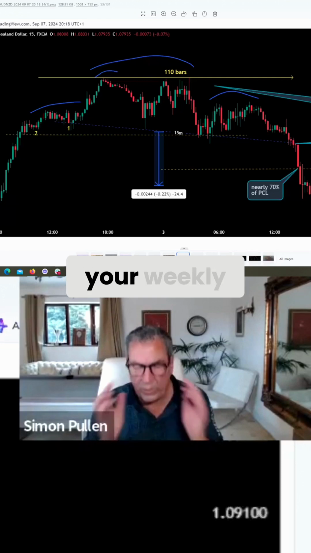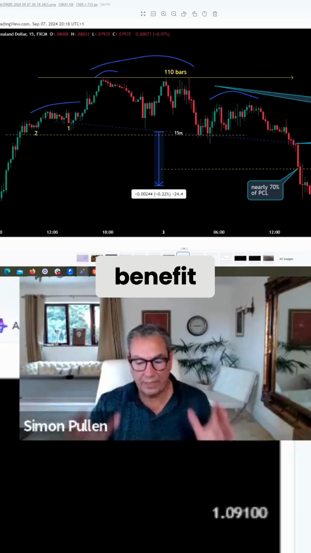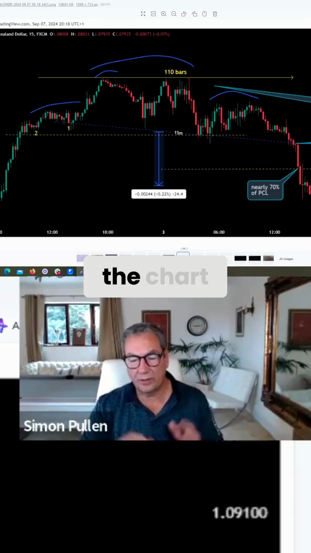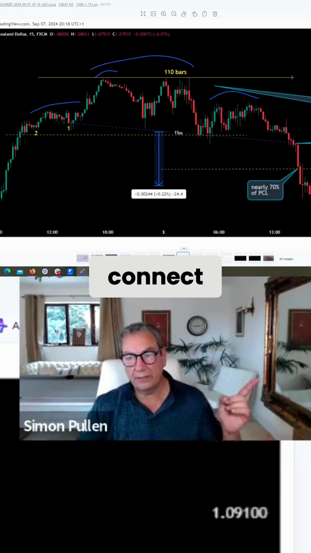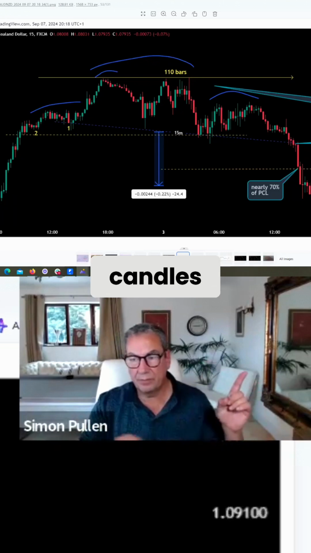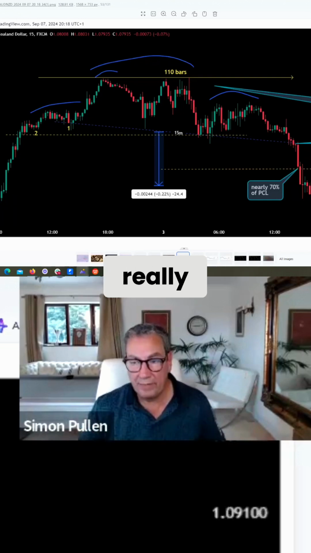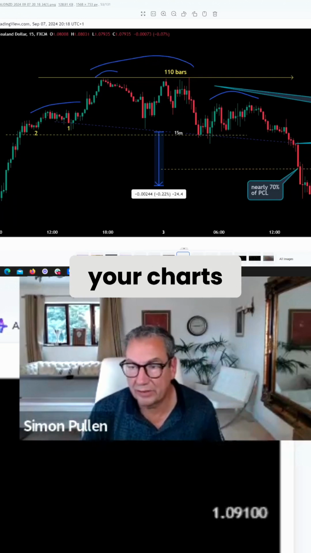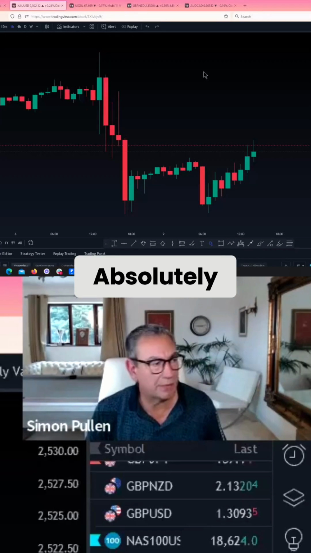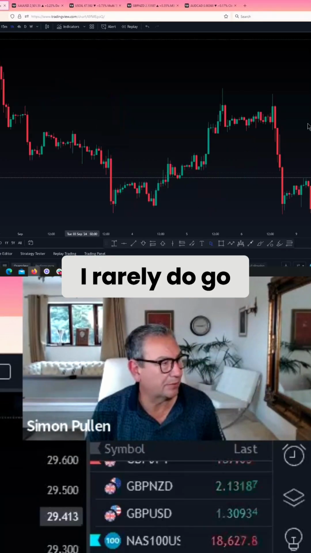Your weekly trend lines are for your benefit, to give you an advantage in the chart. So if you connect two pivots together and there's a few candles in between, but thereafter that weekly trend line has been really respected, then keep it in your charts. Absolutely. There's not an issue with that. I rarely do go through